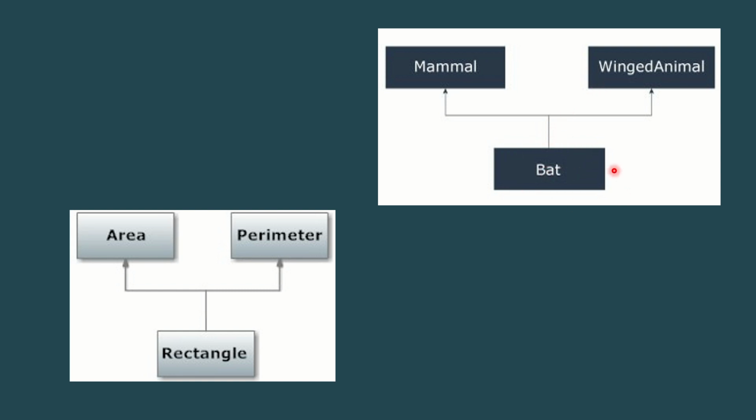Then, bat has properties of mammal and also a winged animal. Okay, this represents the properties of winged animal. This bat has been deriving its properties from these two base classes, and this has become a derived class. This is known as multiple inheritance. So please don't get confused between multi-level and multiple. In multiple, you have more number of base classes and only one derived class, whereas in multi-level, you will have